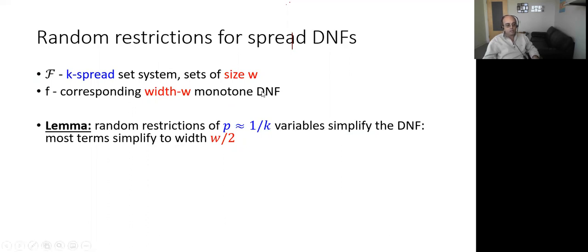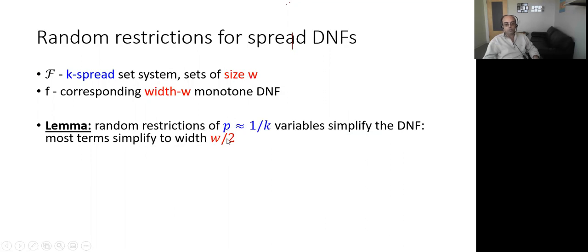For general DNFs, you need 0, 1, and star, but it doesn't really make a big difference either way, so you can think of either variant as fine. What we're going to prove is that if I choose the random restriction with p something like 1 over k, or more concretely, poly 1 over k, then the DNF simplifies. What do I mean by simplifying it? It basically reduces to width W over 2. So by fixing a small fraction of the variables, something like 1 over k, I reduce the width by a